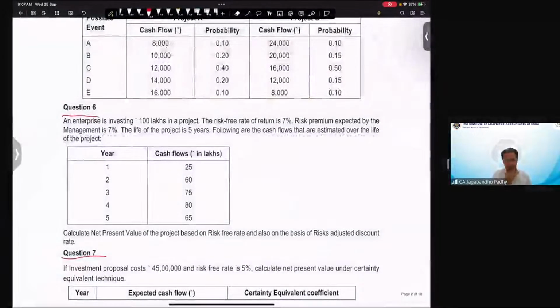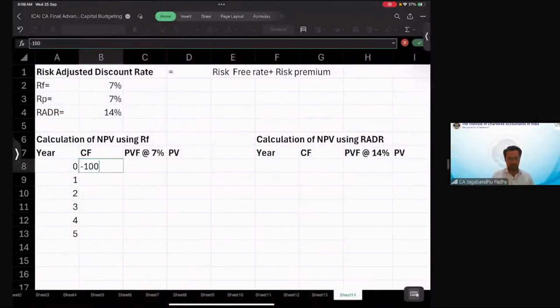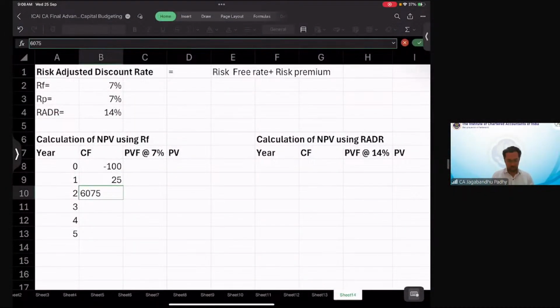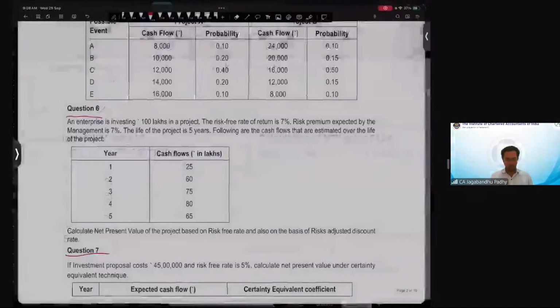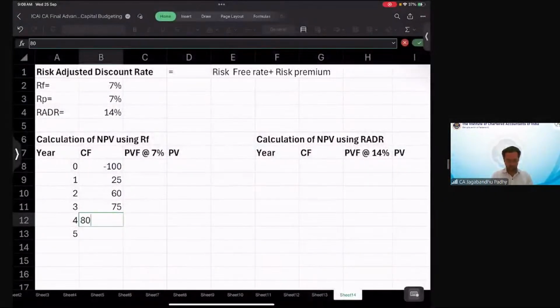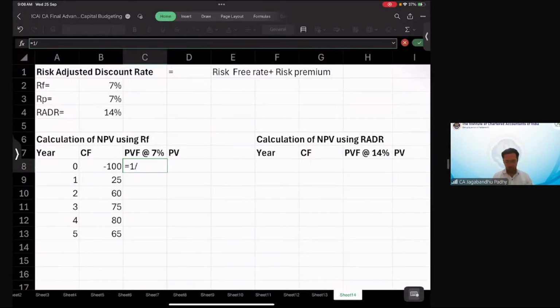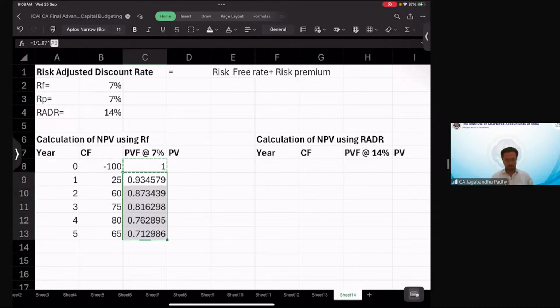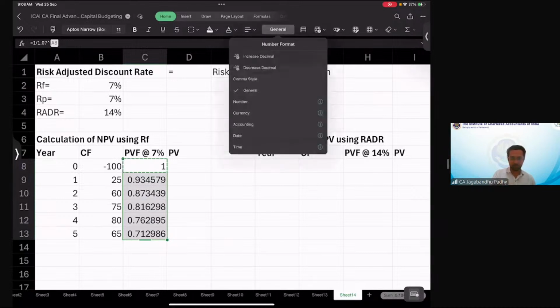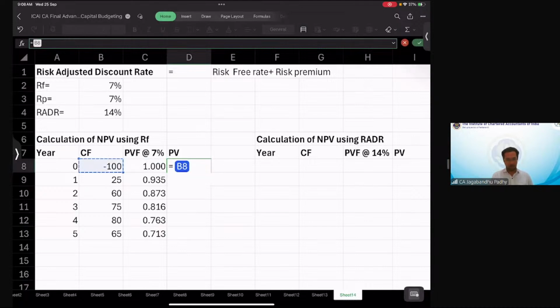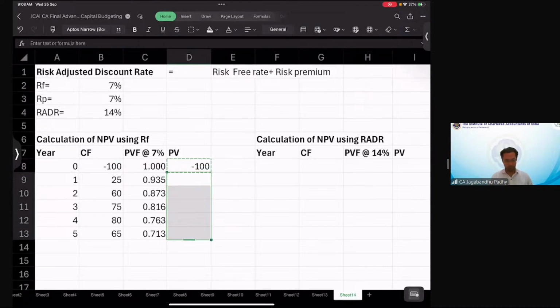Then we have the cash flows. Initial investment of 100. That's minus 100. And then we have 25, 60, 75, 75, and after that 80 and 65. So PV factor at the rate of 7% will be simply 1 divided by 1.07 to the power of number of years. So we take the PV factors, right, and then we multiply it with the present value, right? So total works out to be,